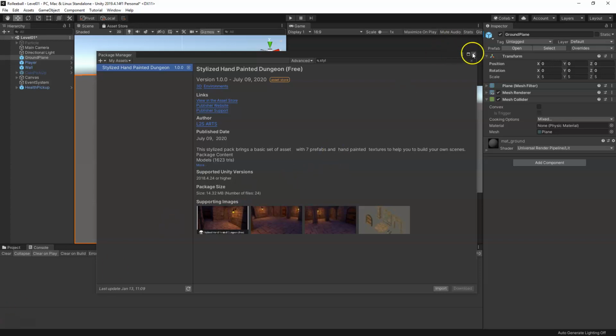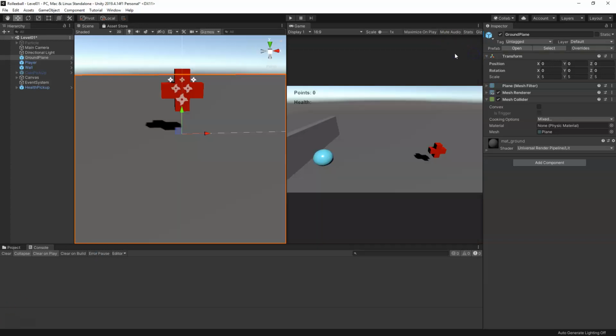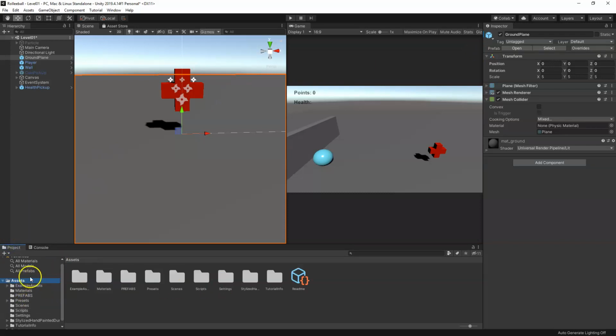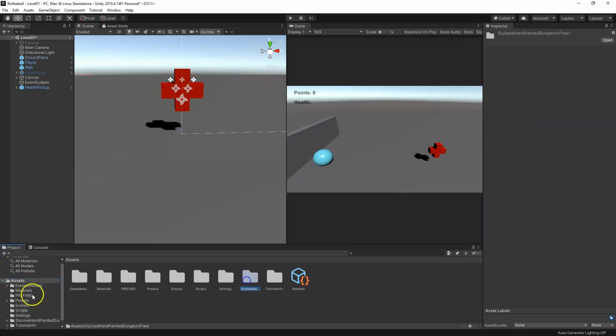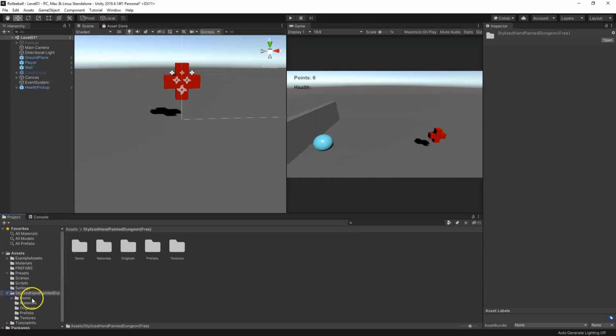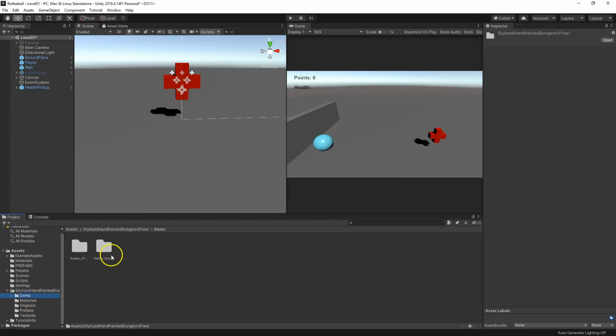We can now close this box out and go to our project. And under our assets, you'll see there is a Stylized Hand-Painted Dungeon. We can double click on that. And you'll see we get some information here. We're going to go into the demo